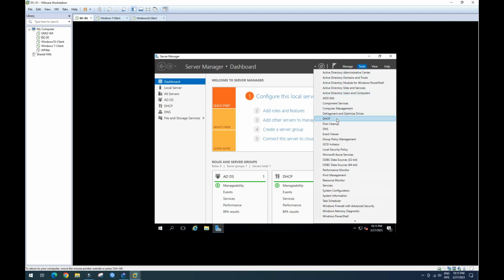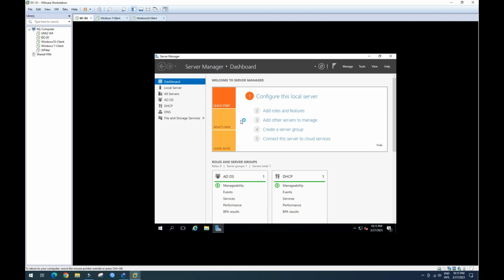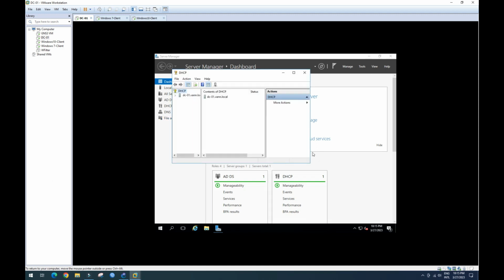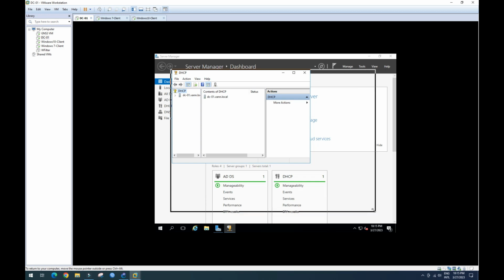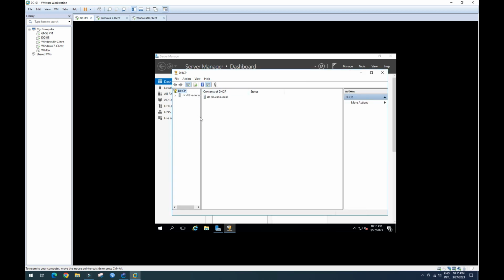Okay, we go to DHCP. This is our DHCP server, also domain controller and DNS. So we have deployed our IPv4 DHCP server with 2 VLANs,